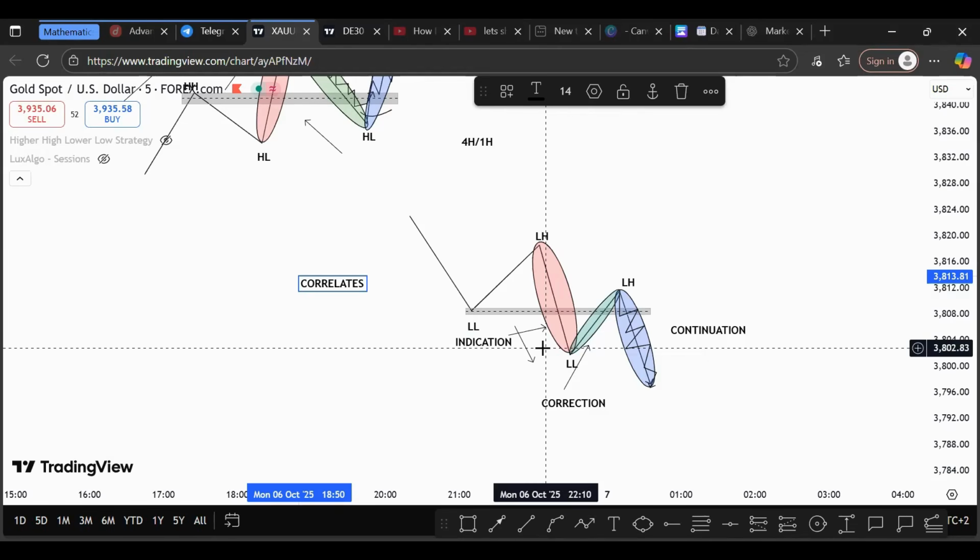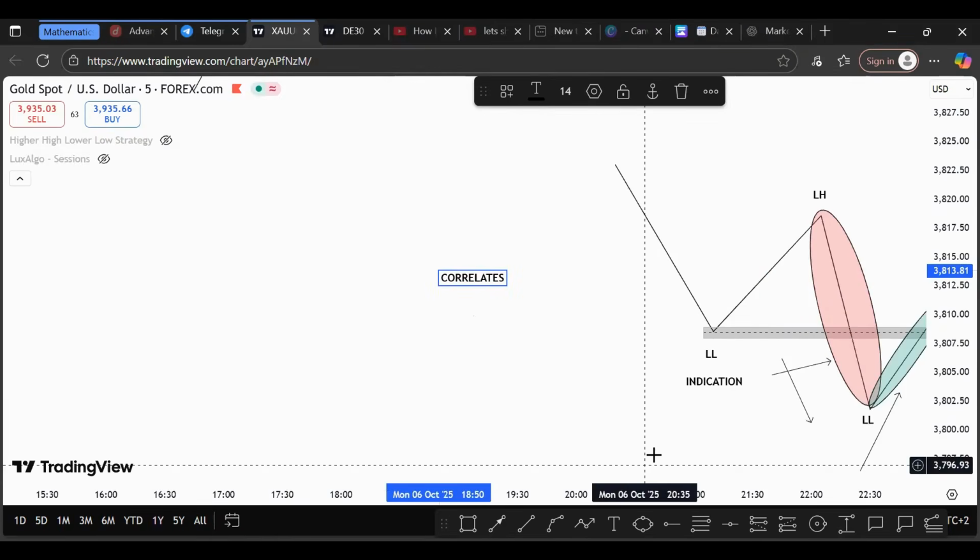What is a 4 hour or what is a 1 hour time frame? It becomes much easier for you to be able to know where price is going. Now you know that price is going. So I might be looking to take my shorts from